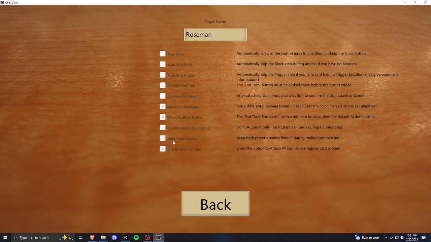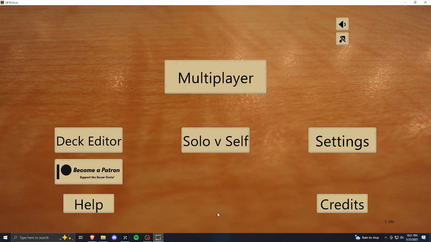Hiding player names would hide your name and your opponent's name during a multiplayer match. And the enable attach all allows you to click on a character and simply attach. There's a button for attach all Don. It'll attach all active Don to that character. So those are the settings you can change. You can come over here to the deck editor,